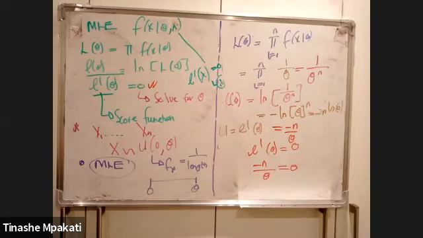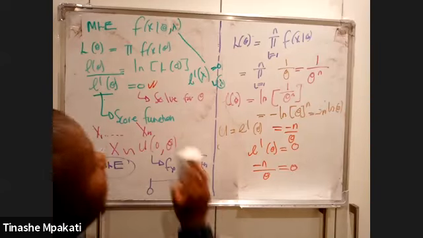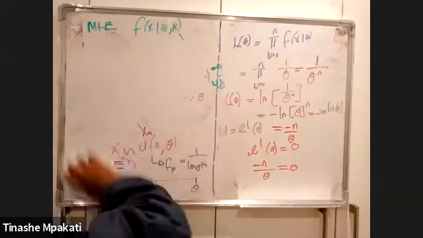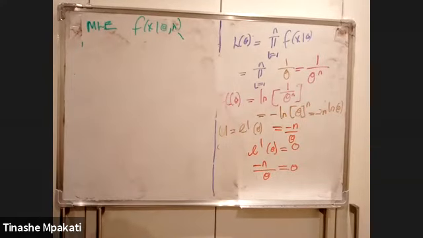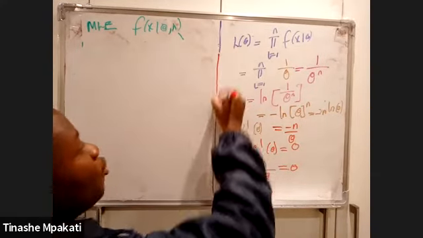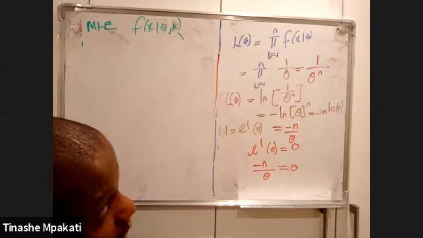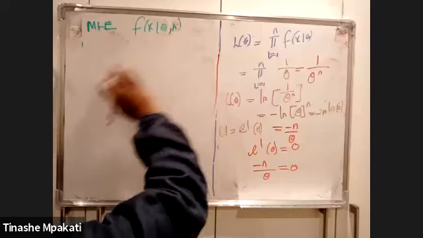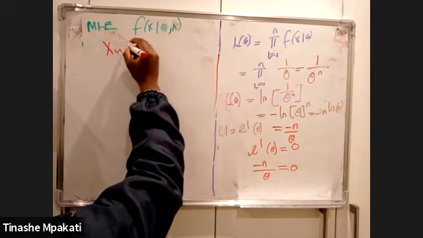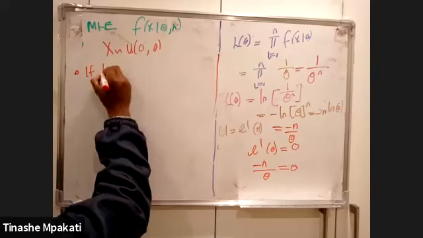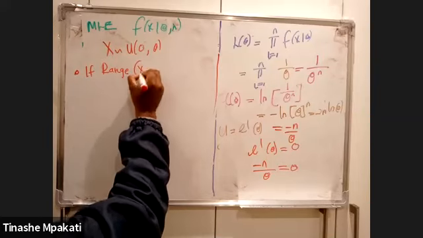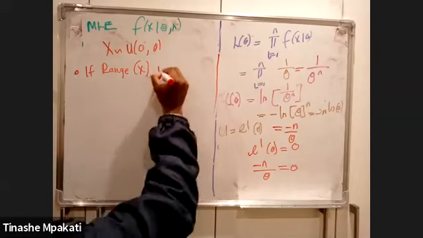But we will not be able to, as you can see there's nothing you can really do to solve for theta there. Now I want to quickly go back to the importance of looking at your PDF in this section. We're told that X was uniformly distributed between 0 and theta. The reason this is important is that there is a rule which says that if the range of your random variable, in this case X,